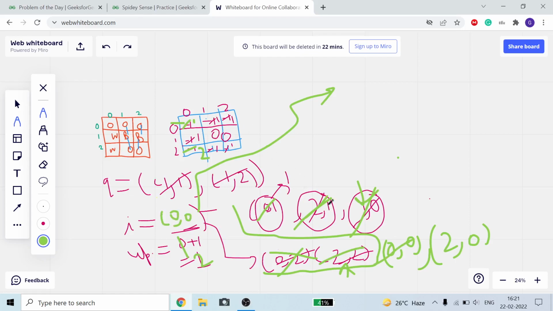Okay, so now our last number is 2 comma 0. The cost of 2 comma 0 is equal to 3 now, cost equal to 2 plus 1 is equal to 3. From 2 comma 0 we cannot go here, we cannot go here, we cannot update it because the cost is greater.